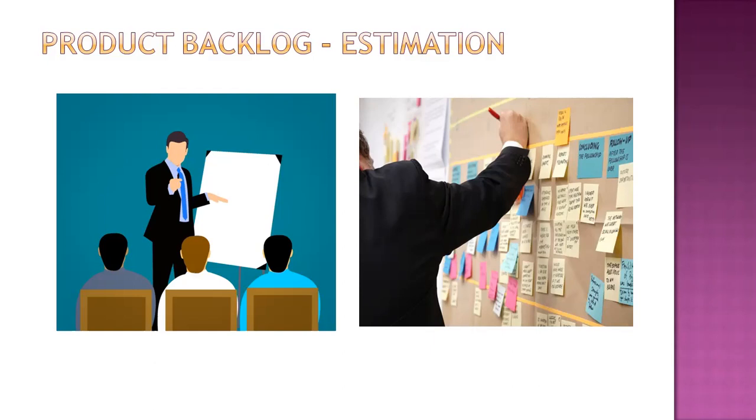Definition of ready is a checklist we all know. I don't want to deviate the topic to definition of ready. Always it's good to measure with some numeric values. Definition of ready 1 means these things should be available in the work item, definition of ready 2 means these things, and definition of ready 3 means these things. Always have a plan: if the work item is meeting definition of ready 3, then only I will take this work item for refinement. The Scrum Master should do this as an exercise.